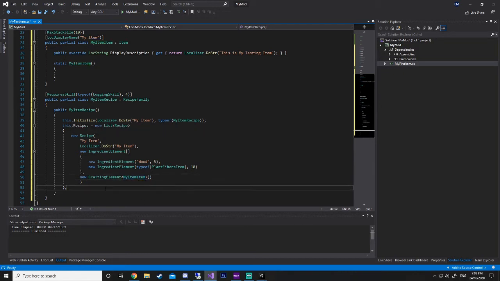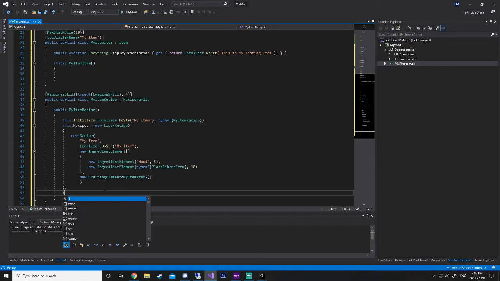So that's our actual recipe done. Now we need to add a few optional parameters. Now this one is completely optional. You don't actually have to add this. This is labor. So the new labor system in 9.0 uses calories to do your work orders and stuff. You can add this if you want. Otherwise, if you don't want to, you don't need to worry about this part. But if you do want to add it, I'm still going to show you how to do it.